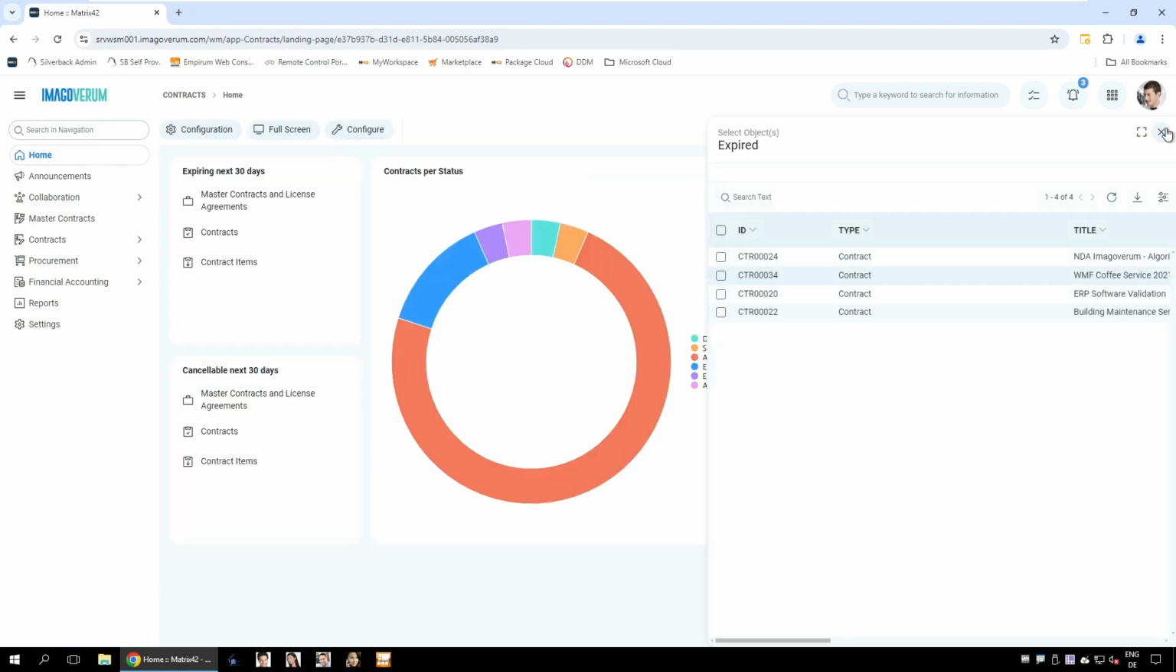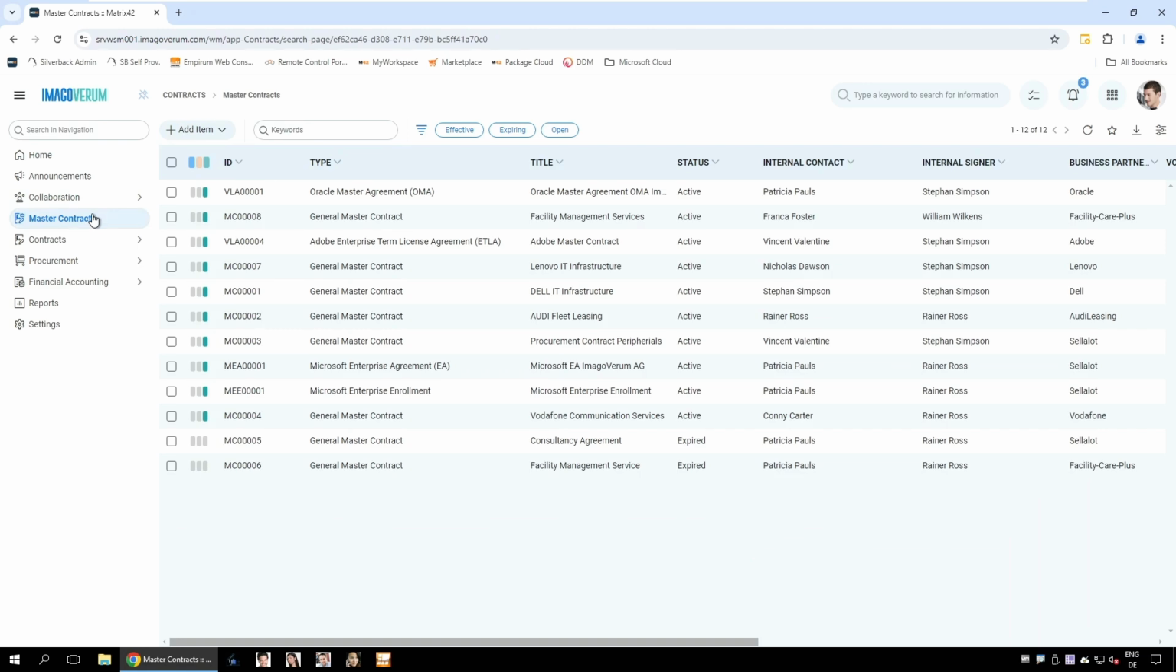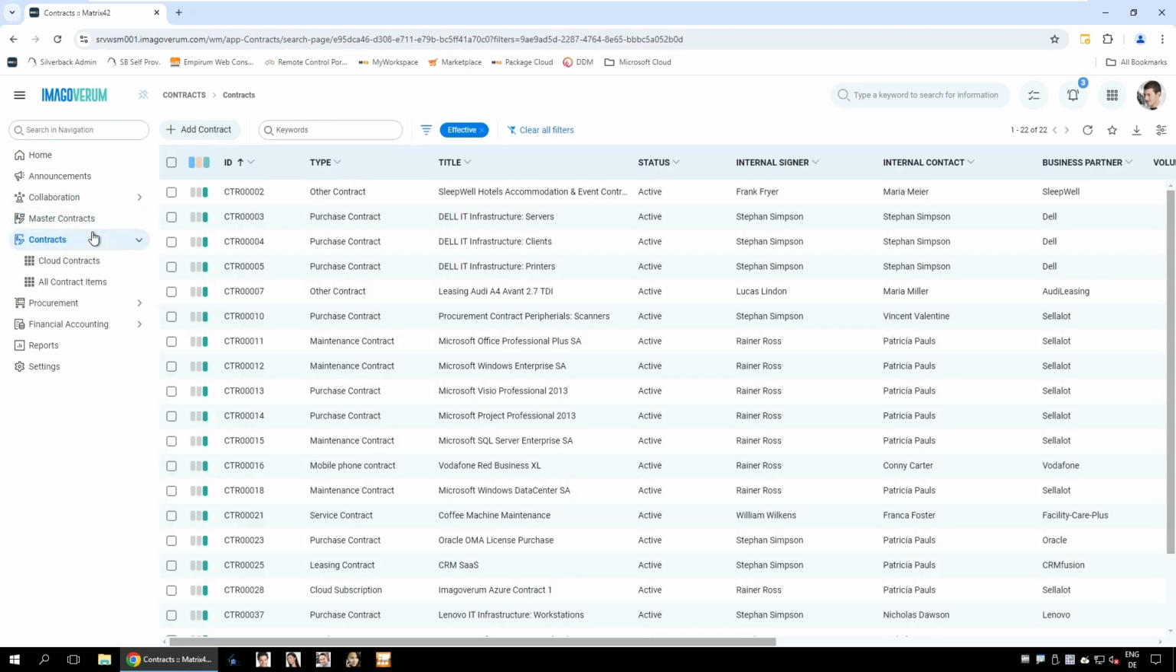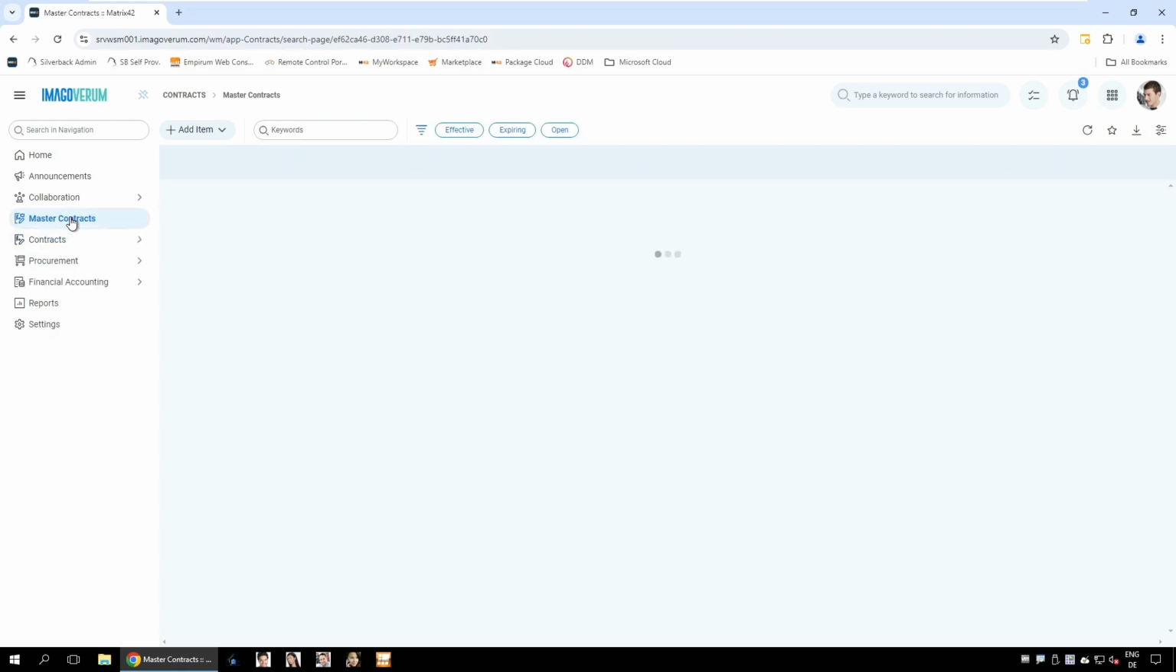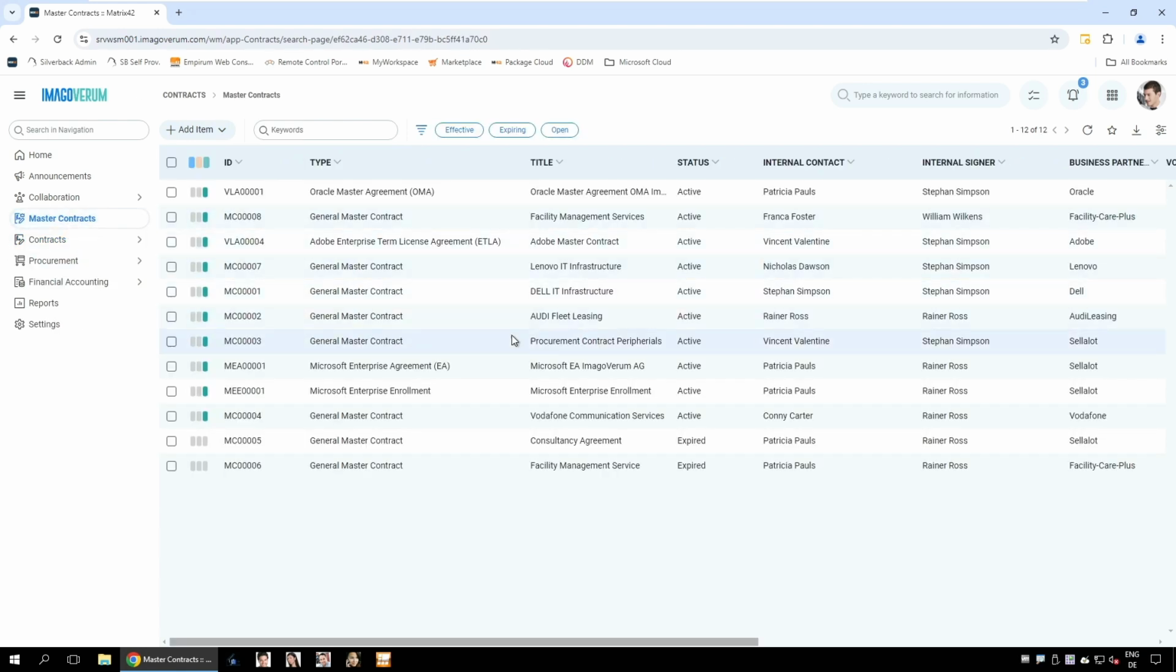In general, we have three layers. So first one is the master contracts, which may contain some subordinated contracts. And below contracts, we have contract items, which are usually used for the procurements. And you can create contracts for any topic, could be hardware, software, or any other things like facility management services,